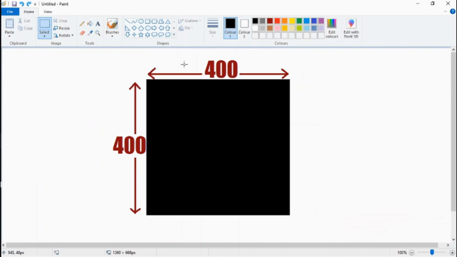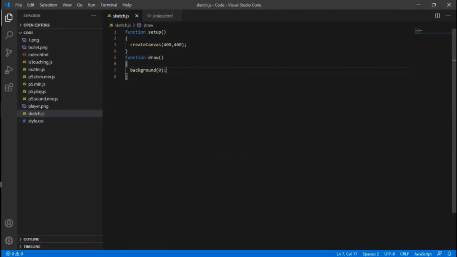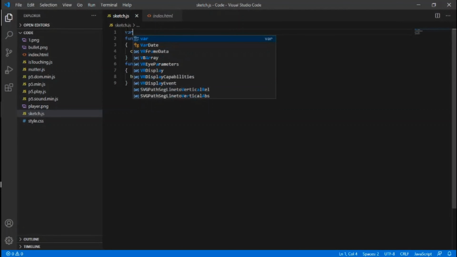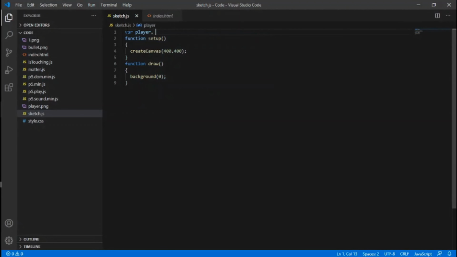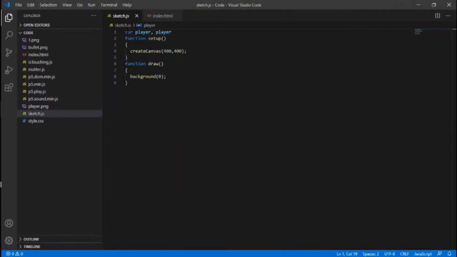So now let's create our player, which we will be controlling. Let's create it. So firstly we have to declare all the variables needed to create our player. So the first variable will be player itself, then player image. As you can see here, the blue triangle is an image, so we will make it. Then in the setup we write,